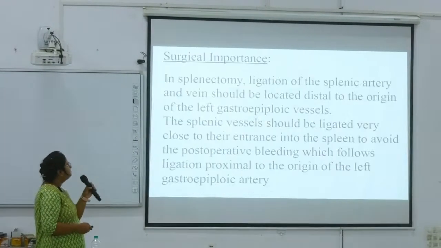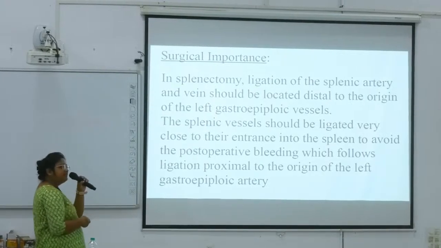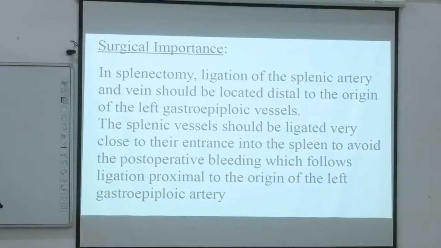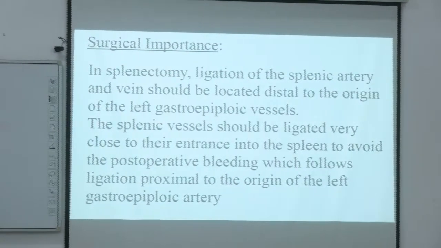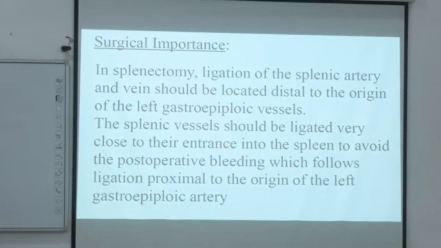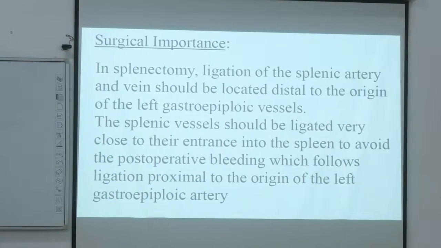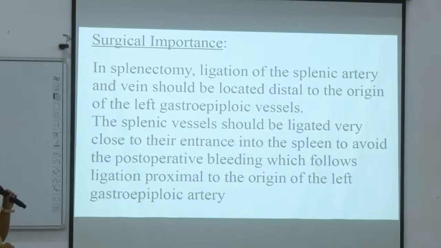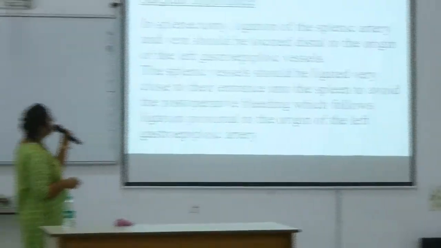Okay. Next, there is one surgical importance in splenectomy. Ligation of the splenic artery and vein should be located distal to the origin of the left gastroepiploic vessel, and the splenic vessels should be ligated very close to their entrance into the spleen to avoid postoperative bleeding, which follows ligation proximal to the origin of the left gastroepiploic artery. Okay. So you have to ligate it very close to the hilum of the spleen. Next